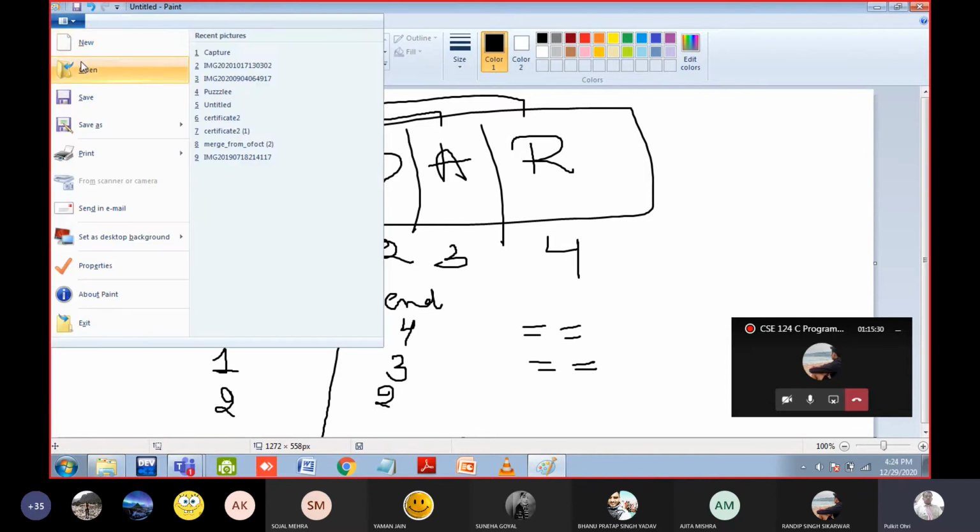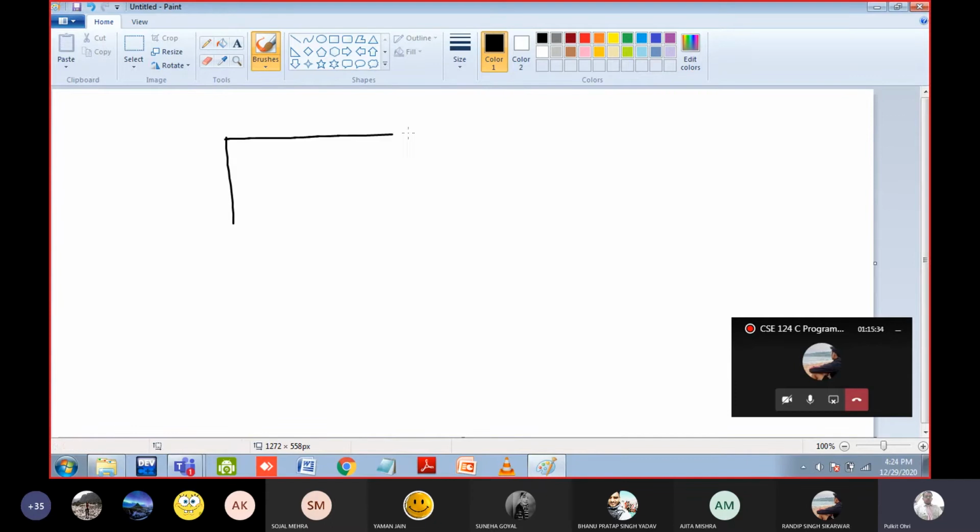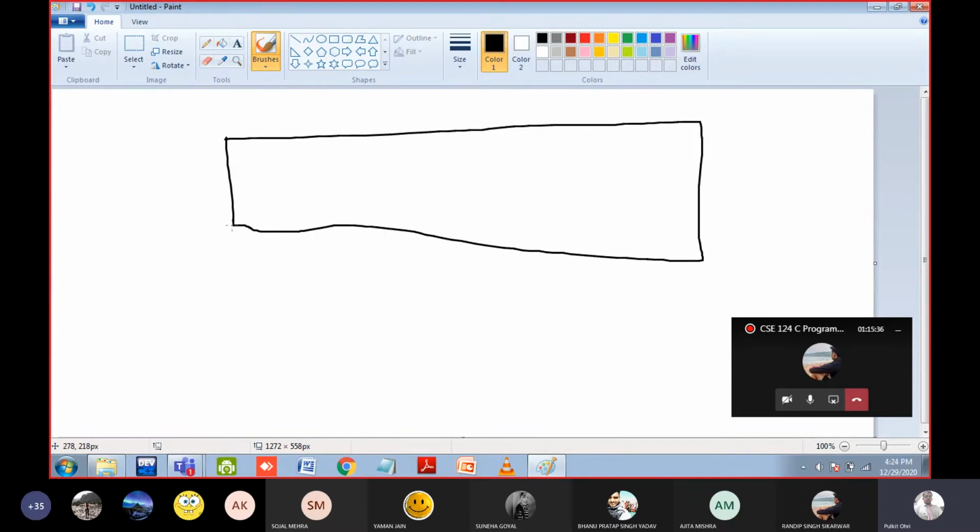Now let us take an even number of elements. Tell me a palindromic word having even length. Mom is odd, LOL is odd, radar is odd.